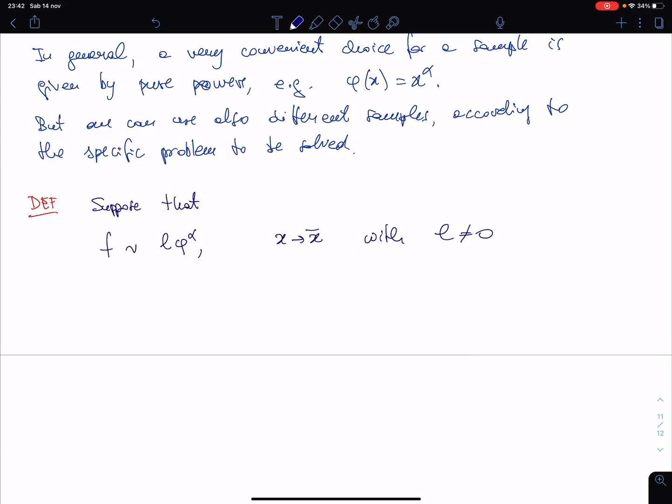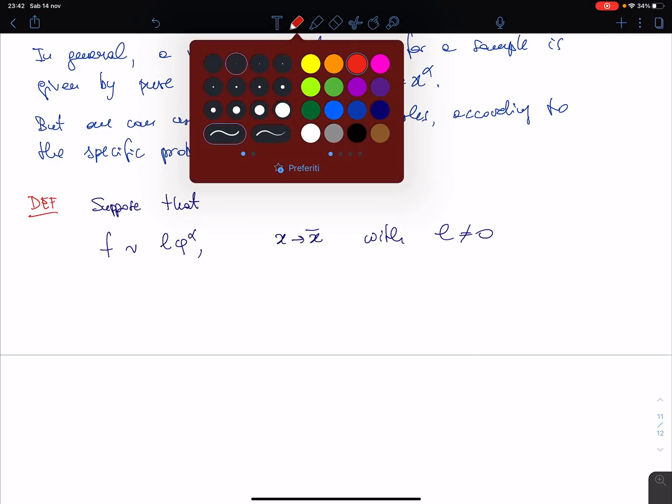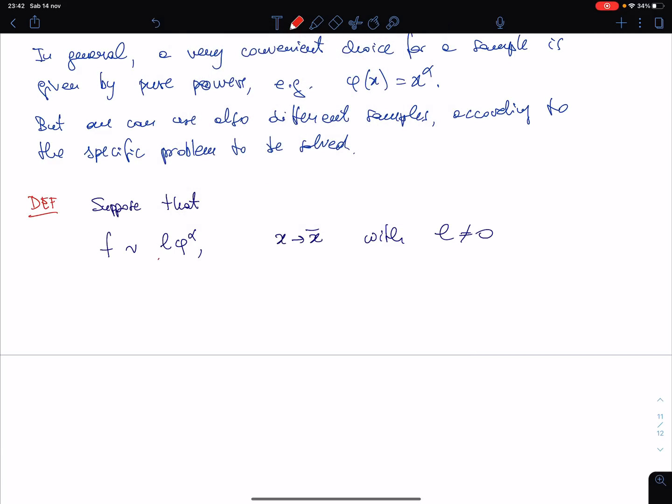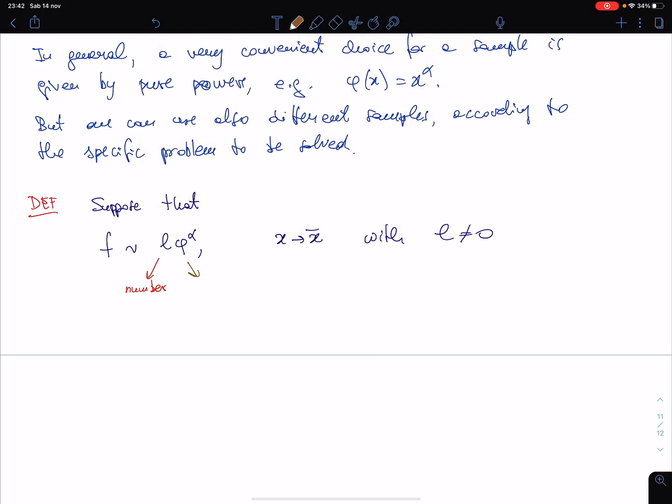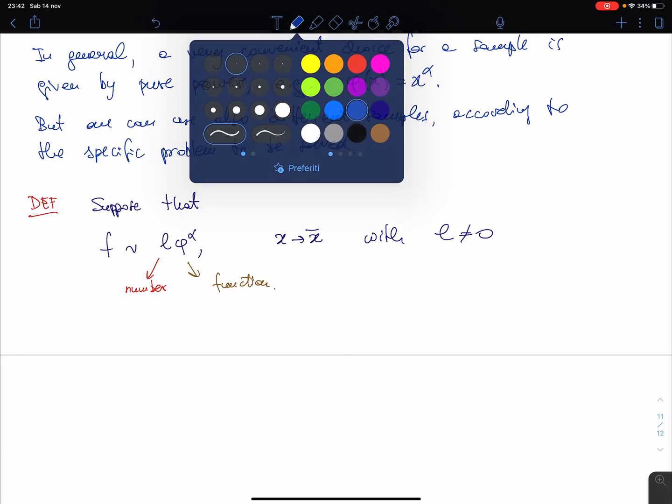Okay, so L is a number, and this phi is a function. Okay, then we say